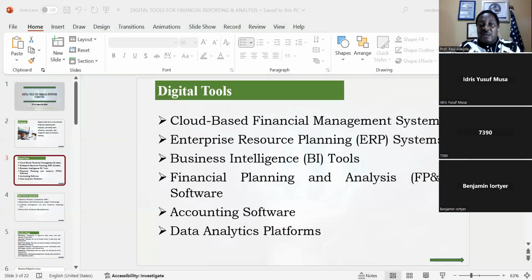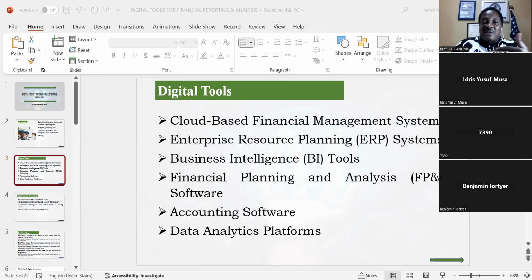But for enterprise resource planning, mostly they do more than financial function. They prepare for you more than financial reports. Examples of ERP system, we have SAP, we have Oracle, we have Microsoft Dynamics.